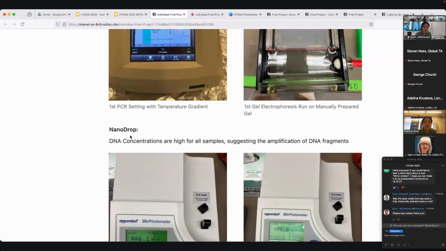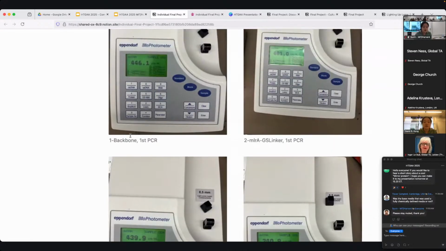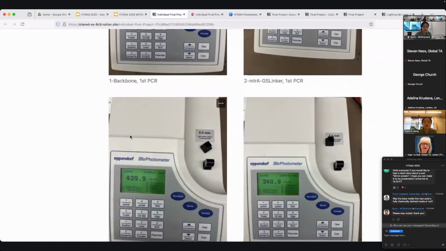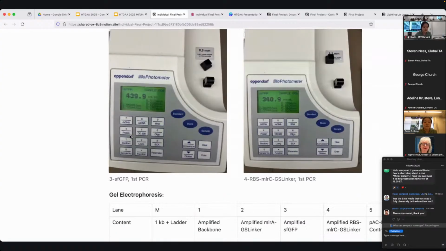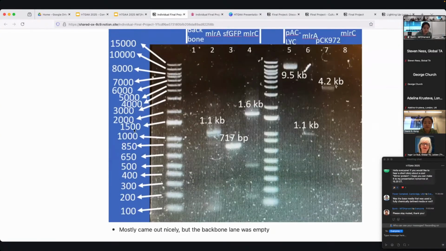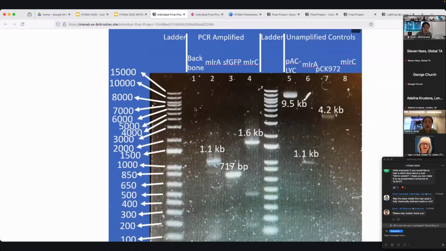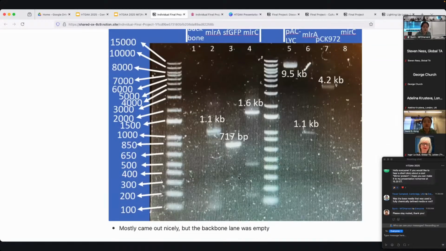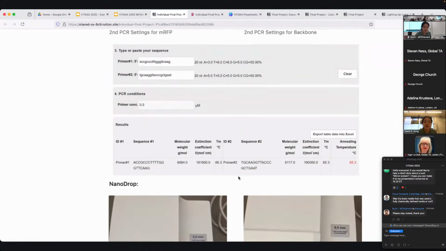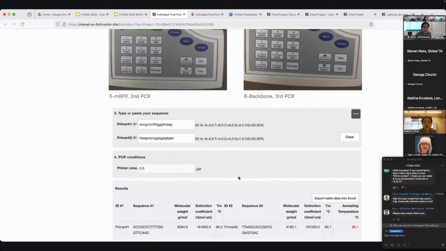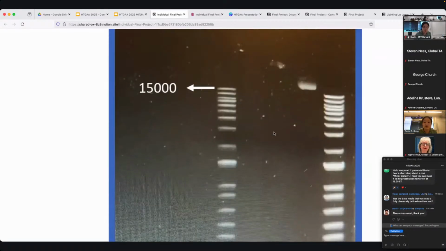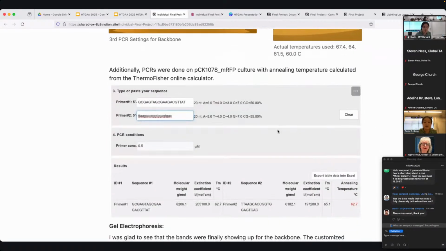So for the PCRs, I performed a couple rounds of PCRs and gel electrophoresis. The first round, the nanodrop showed a high concentration of DNAs. However, on the gels, the backbone didn't show up. The other fragments, 4 of the 5 fragments, were successfully amplified. And then the second round, I optimized the annealing temperature, but it still didn't work. The third round,